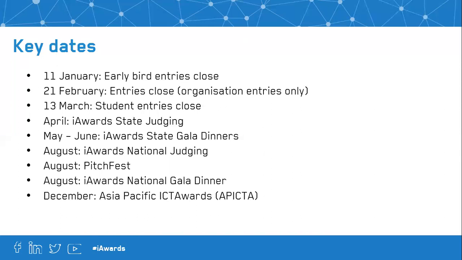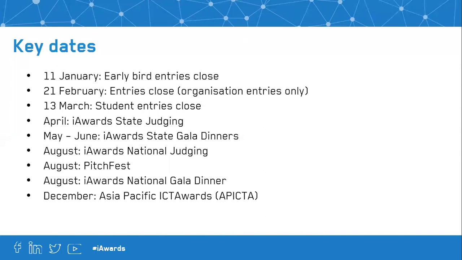Now we move on to our judging, which normally takes place in April. And just for some interest, we have about 90 judges all across Australia that are judging your entries. And so it's a big team effort. We use the best of the best within the industry. And our judges have been doing this for many years. So they will identify our state winners and merit recipients. And then we go on to the celebrations in May and June. And we travel around Australia, and every state will have their own iAwards state gala dinner.